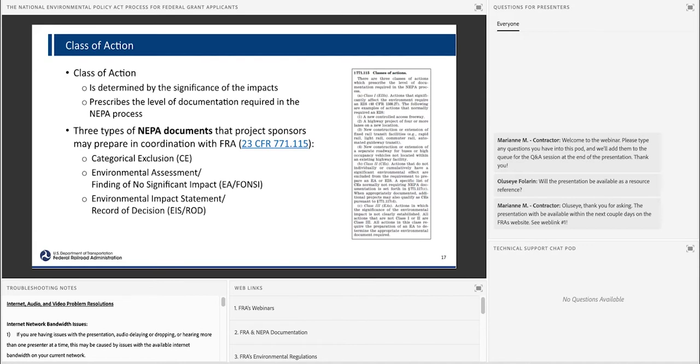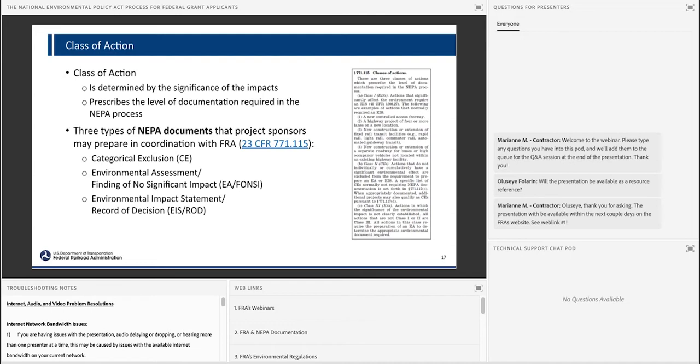So you're going to hear a term, class of action. That is really what type of NEPA document we're going to prepare, and it is determined by the significance of the impact. Several slides ago, I mentioned the key concept of the significance of environmental impacts, and that is going to determine which path we take. So that's the NEPA process, and generally, if you think about it as a roadmap or a flow chart, there are going to be 3 different paths, and that path is initially determined by what we believe the significance or level of impacts, the context and intensity in which those impacts are going to happen, would prescribe